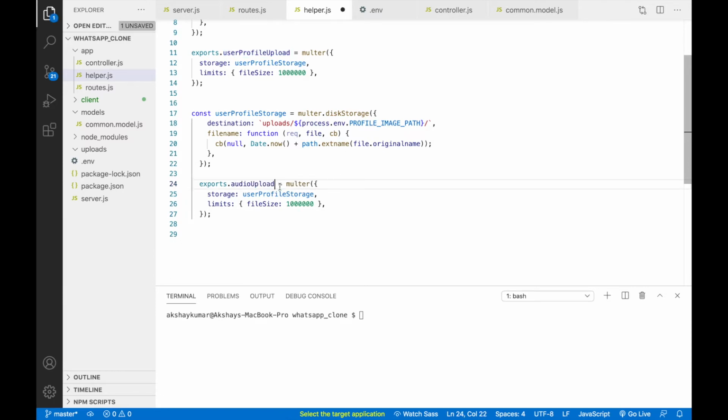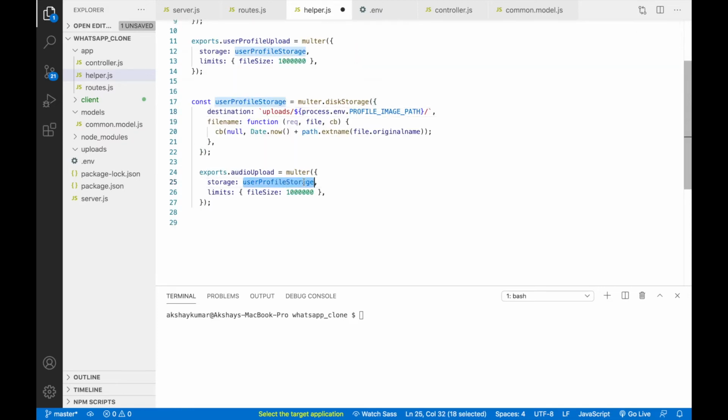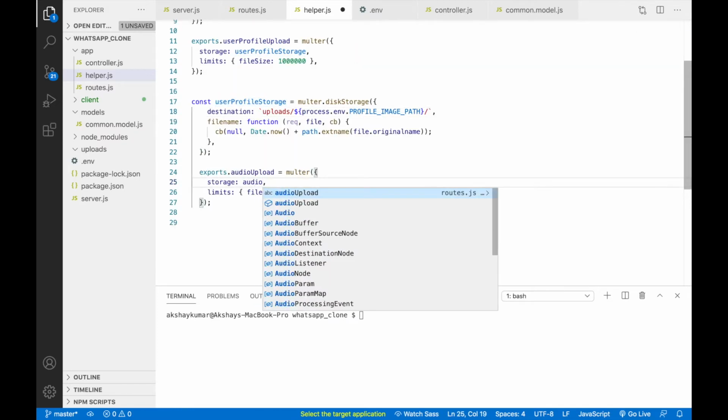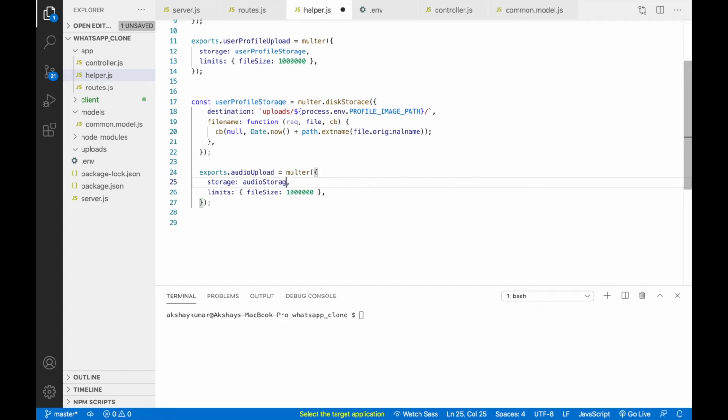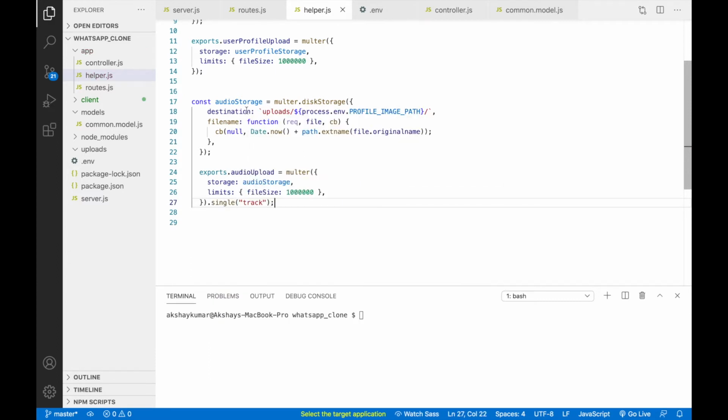And here we can rename this method also, audioStorage, and this also. Okay, here we have to write single and track, and here the destination we have to change to audio path, and the name will be null.